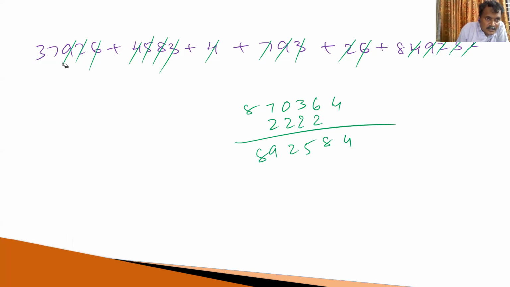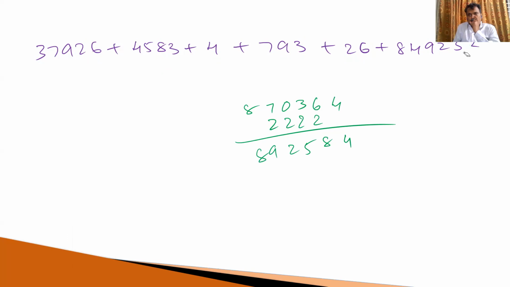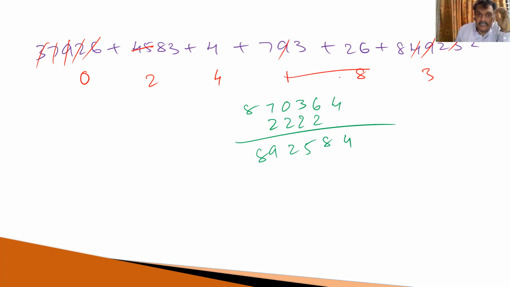Now, just to cross check your answer, whether your answer is correct or not. 9 gets cancelled, 7 and 2, this is equal to 0, right? 5 and 4 gets cancelled, 8 plus 3, 11. So that is equal to 2. This is 4. This is equal to 1. 7 plus 3, that is equal to 10. What is the 10? 1 plus 0, that is equal to 1. And this is 8, cancel. 5 and 4 cancel. 8 plus 2, 1. 1 plus 2, that is equal to 3. 1 plus 8, cancel. 4 plus 2, 6 plus 9 gets cancelled.